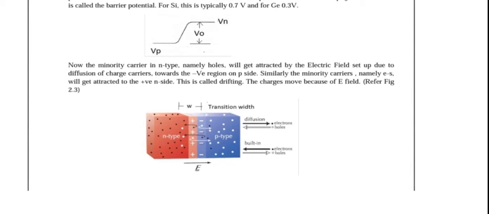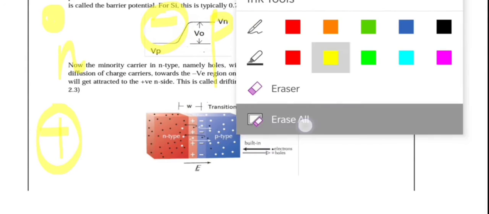We have seen that a positive charge is present at the n side and a negative charge is present at the p side. Due to this, there is no further movement of electrons and holes between the p side and n side. Thus a potential is formed in a p-n junction. There is a positive charge and a negative charge present, so there is a potential difference. This potential is known as barrier potential.